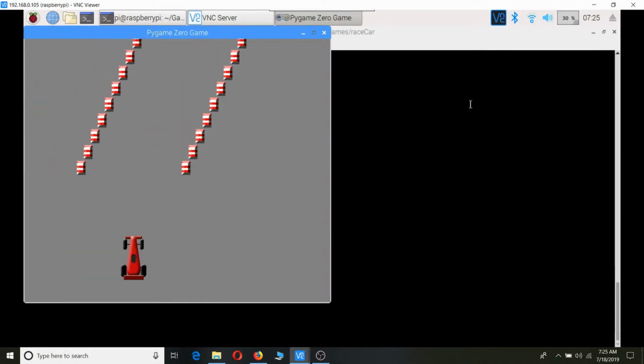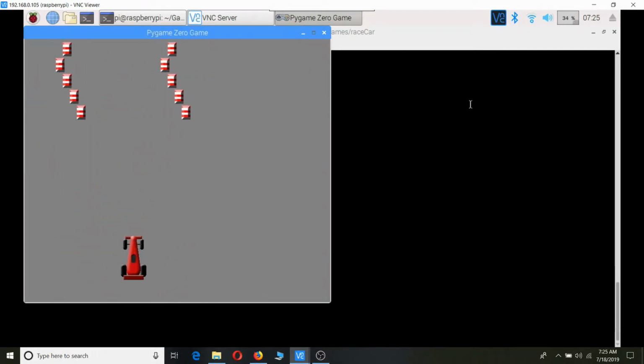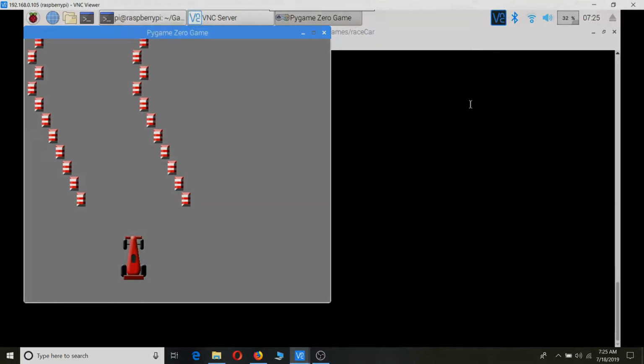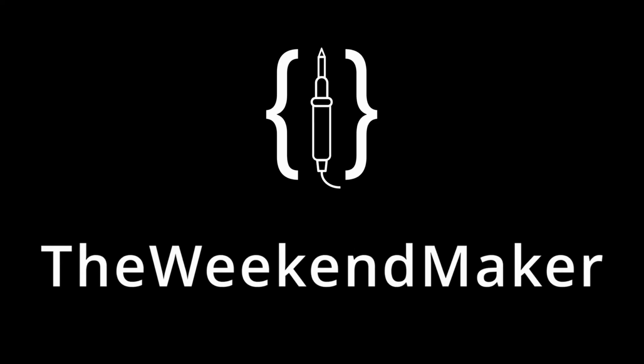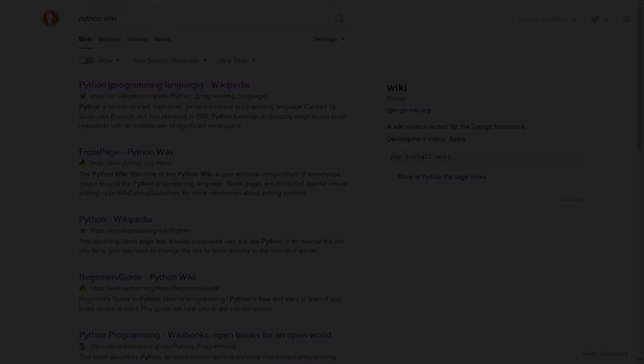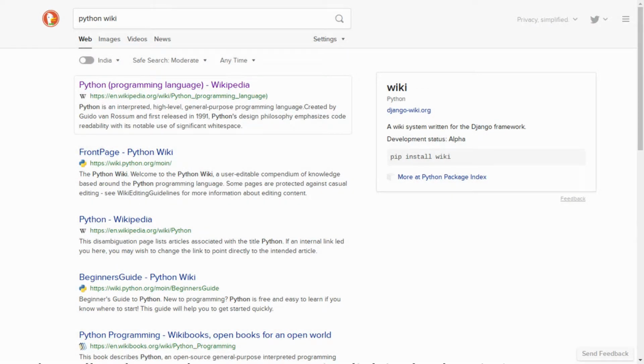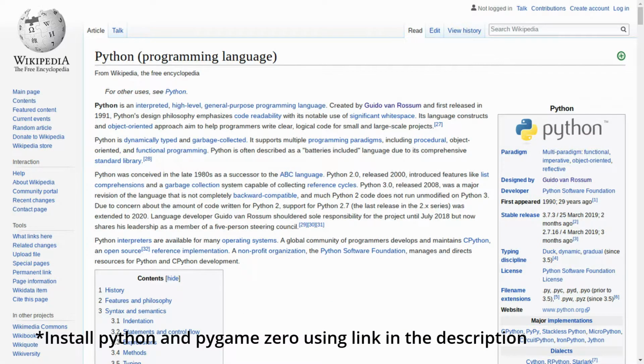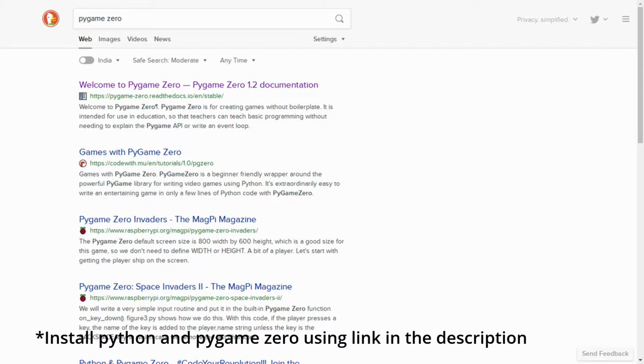Okay, let's teach this car to self-drive. But first, we need to create this game. Let's get started. We will do it in a relatively easy to learn programming language called Python, and in particular something called Pygame Zero,